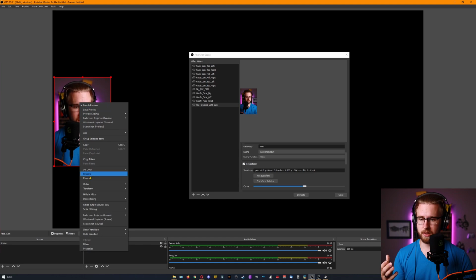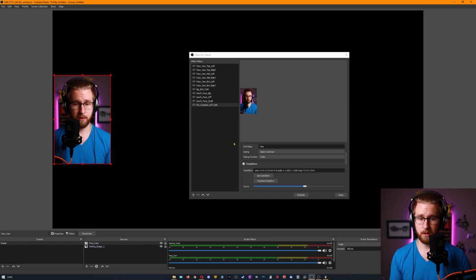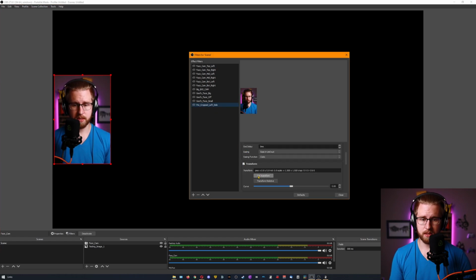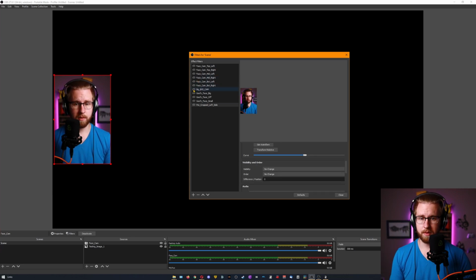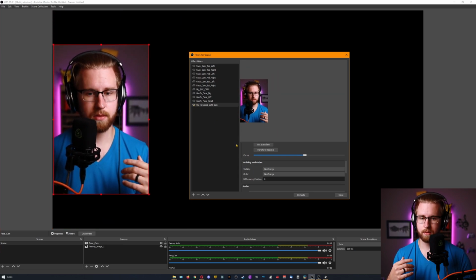Let's center this vertically. So I'm going to go to transform, and I'm going to go to center vertically. That looks pretty good. And once we're there with all this, I'm going to go ahead and hit get transformation. We have a perfectly dead centered camera on the left-hand side here. And that's all that I want with this one, because if I want to go big boy camera, or if I want to go the pre-cropped left,